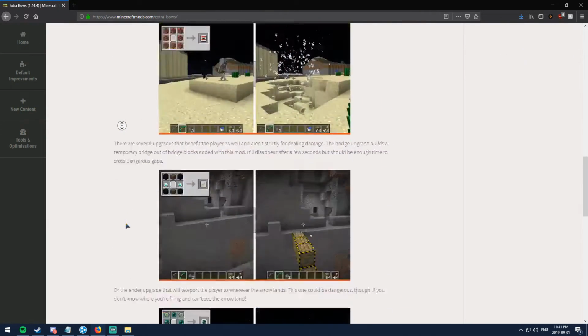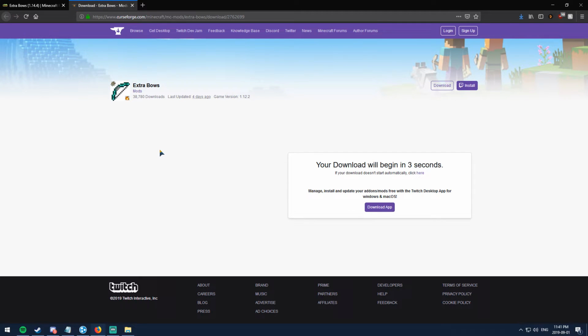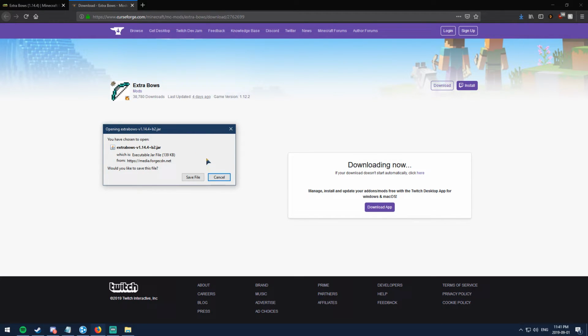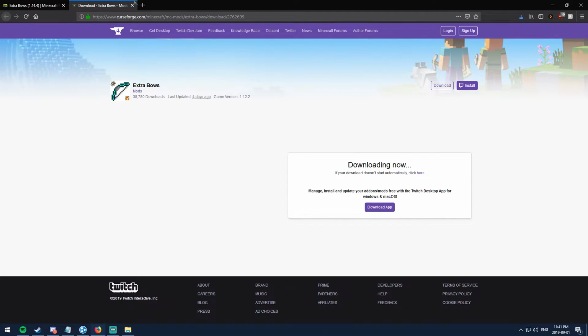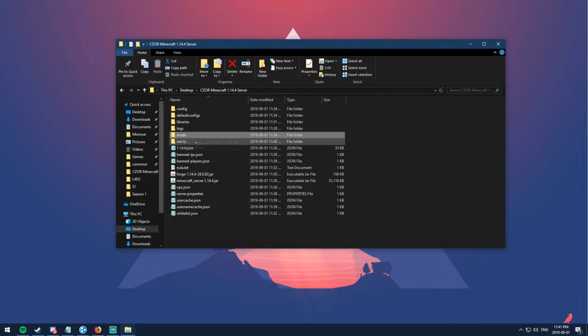Now let's get extra bows. Go all the way down again. Download. 5 seconds. These files are all safe as well. I've had people tell me that they've been getting viruses over Forge files and Minecraft files. I don't know where they're getting their viruses, but these are really trusty sites. So, all right. Now we're gonna download this. I already have it. All right, and there we go. So now that we have our two